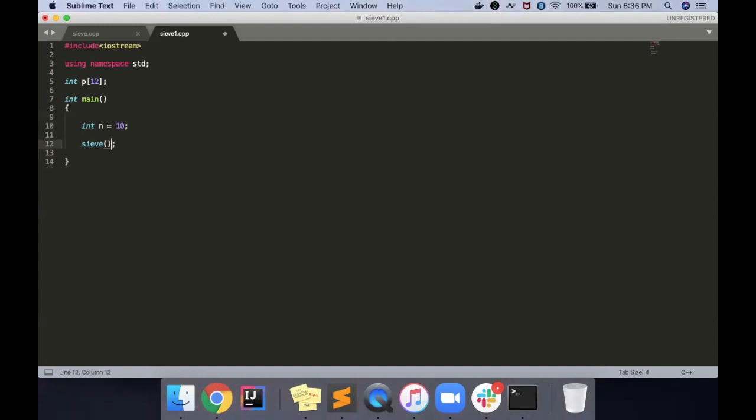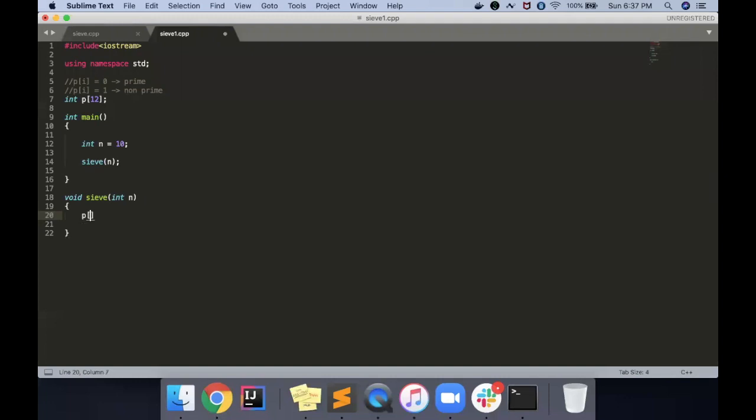So this function calculates the numbers till 10. Let's pass this, and the function is void because we are not returning anything. We take n, and we have to calculate the prime numbers from 1 to n. I'll write as a comment: if P of I is 0, it means prime, and if P of I is 1, non-prime. As you know, a global array is always 0 for every index, so initially everything is prime.